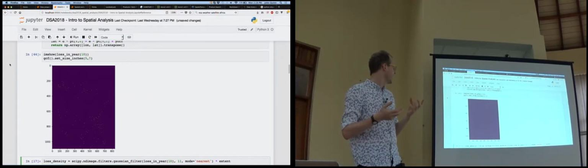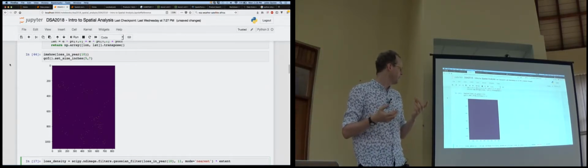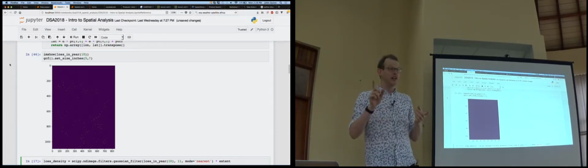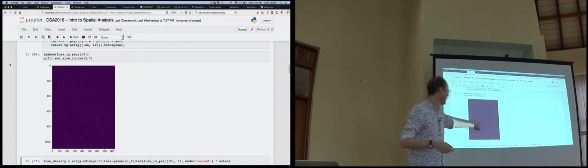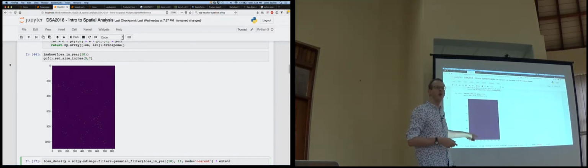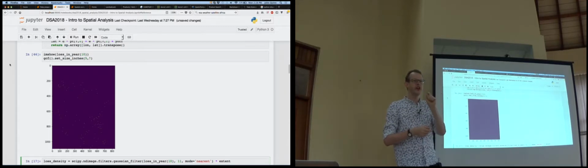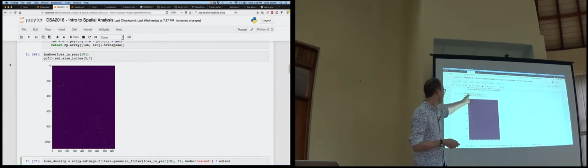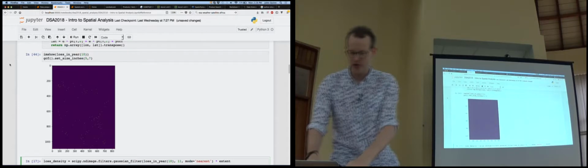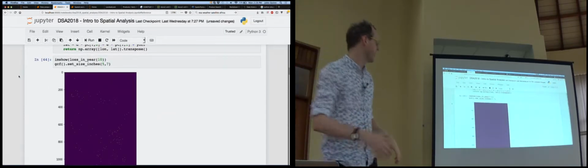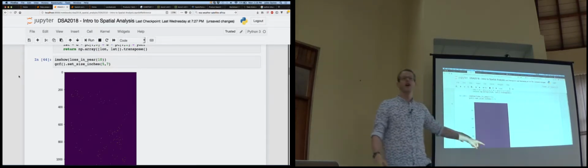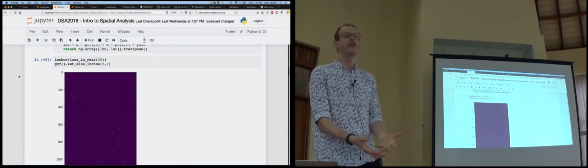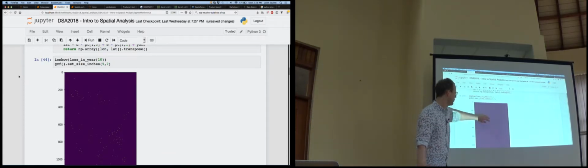If you look at the loss in a particular year, this is pretty difficult to see even on a laptop screen, and it's basically impossible to see on a projector. So there's tiny spots here, encoded as ones, where forest cover was lost in a particular year. So I've written this function here, loss in year. If you want to get the forest loss in the year 2010, then you can call that, and it will give you back a matrix corresponding to this area of East Africa, and zeros, which is this dark purple,